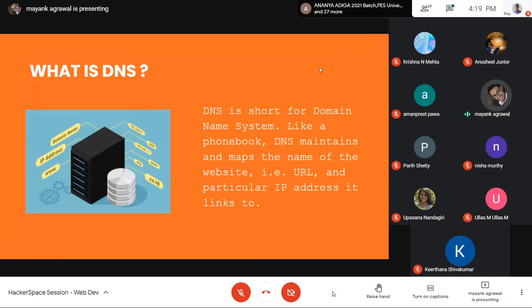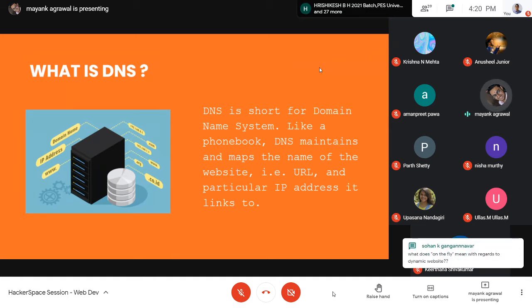That domain name will first be registered on the domain name system, and you'll get an IP address from there. Your web server will also get access to that IP address and will say that if there's a request for this IP address, then these are the files that should be returned. So that's the kind of system that works behind the scenes.